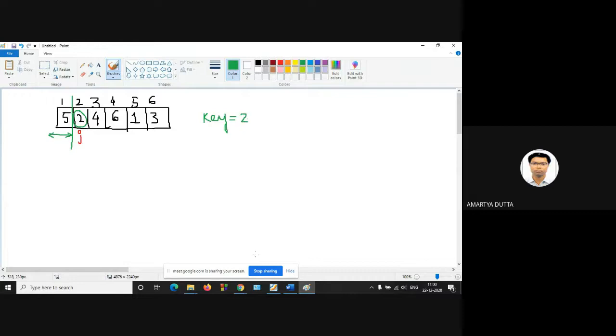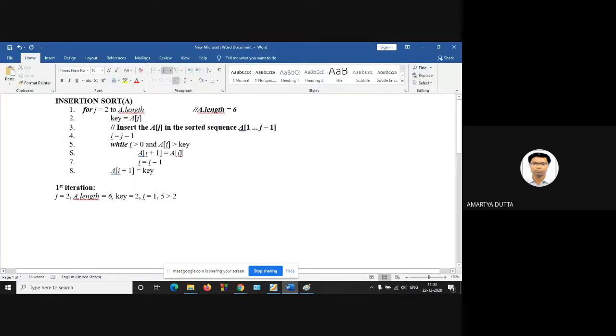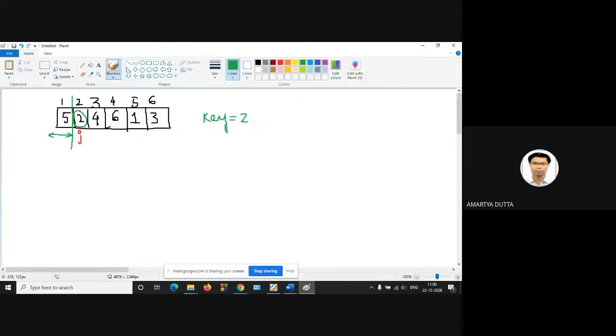Now at line number 5, while I is greater than 0 and A of I is greater than key, this is true for this particular instance. So copy the A of I value into A of I plus 1. This will be 5.